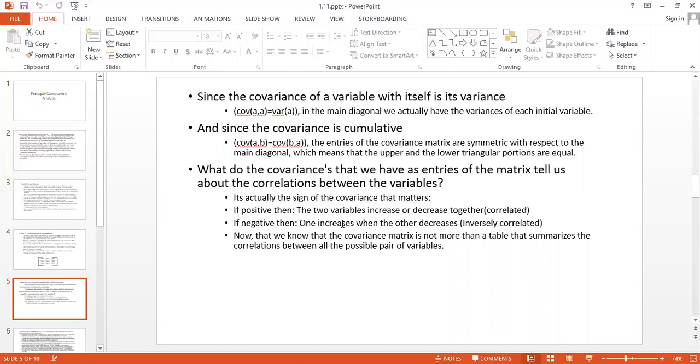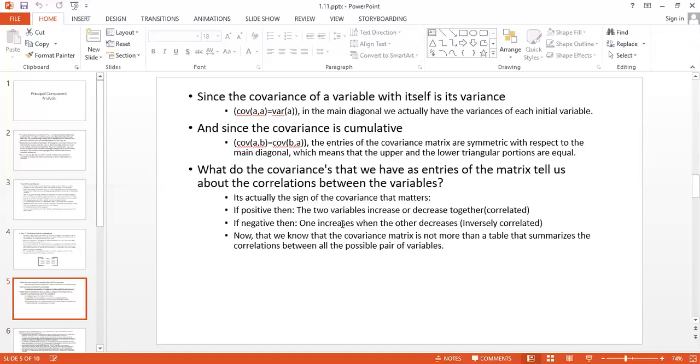What do the covariances that we have as entries of the matrix tell us about the correlations between the variables? So it's actually the sign of the covariance that matters. If positive, the variables increase or decrease together, means they are correlated. And if negative, one increases when the other decreases. What it means is that they are inversely correlated with one another.